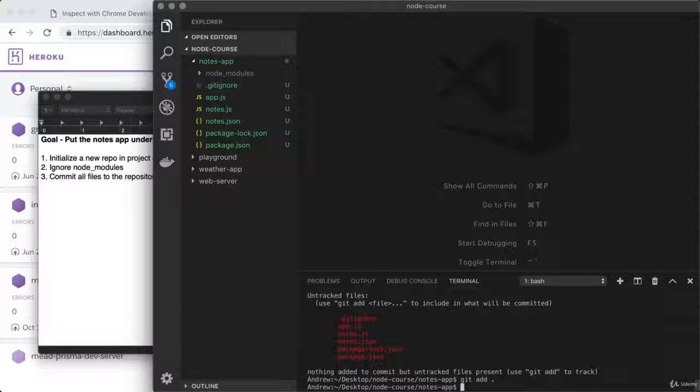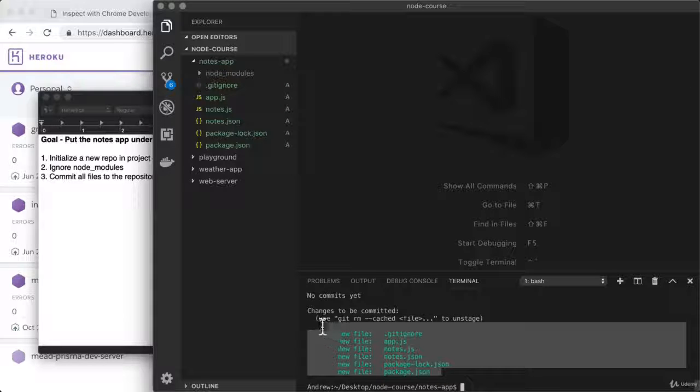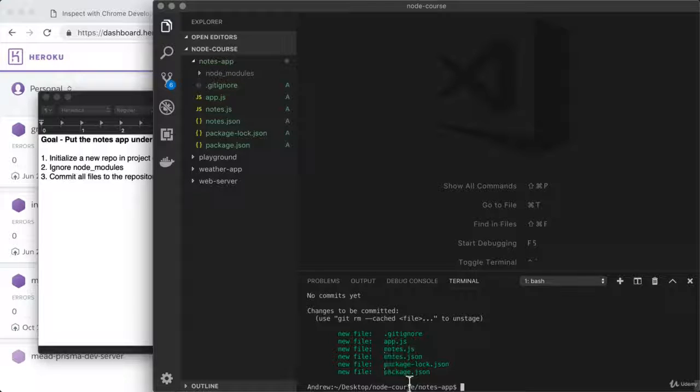And after I do that, I will run git status once again to make sure that things look good. Right here, we have all of the things that are going to be committed the next time we create a commit, and this is what we want. We have our files here without node modules, so we can go ahead and wrap up step 3 by running